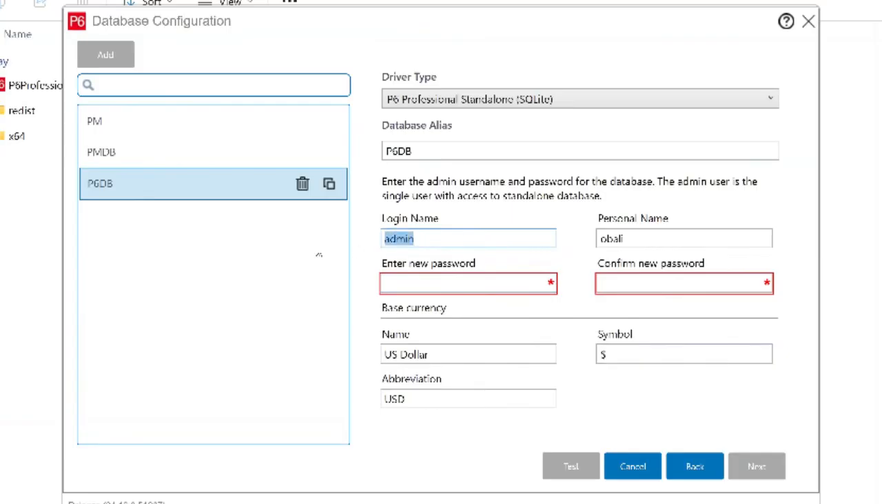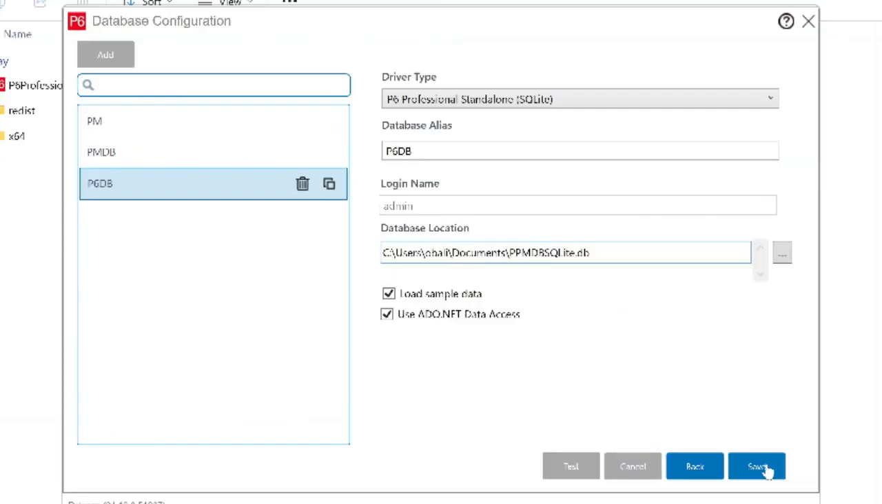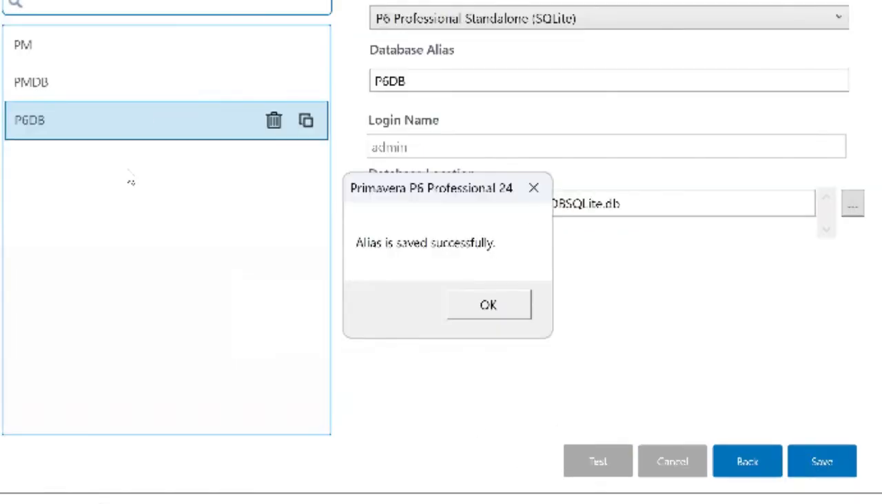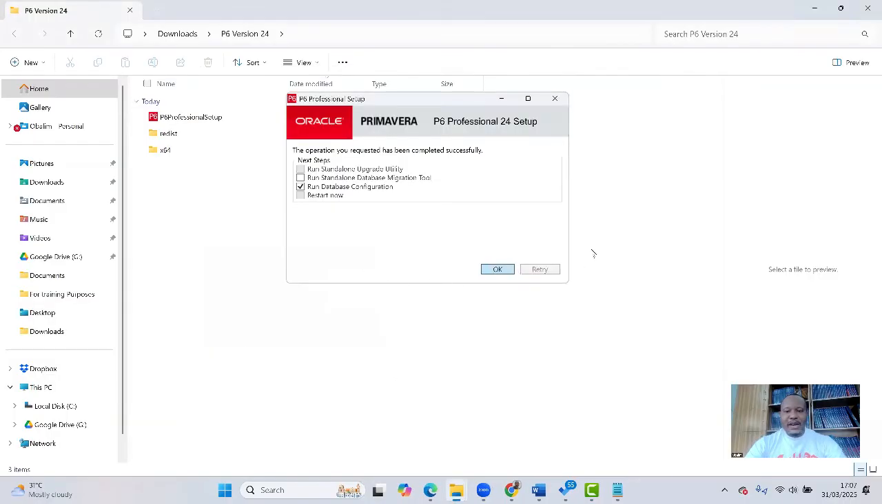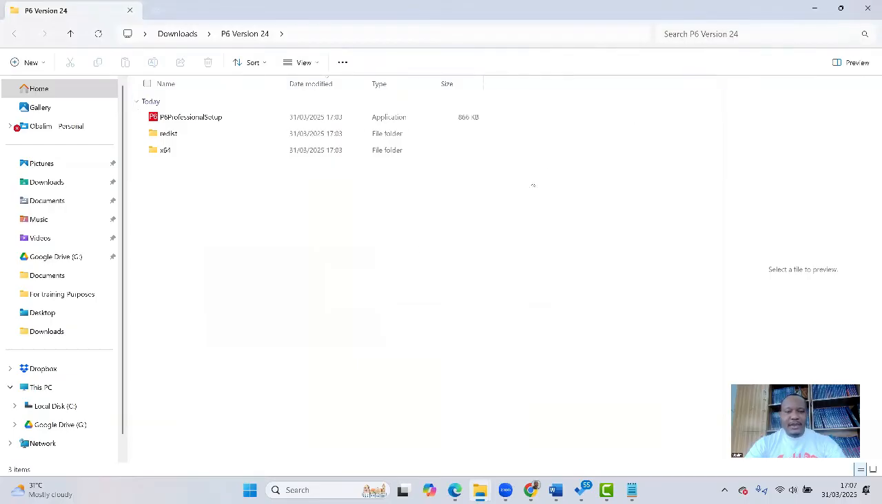Under the password, copy the login name and paste it under password as well as confirm password. Then click the next button and click save. Once you've done that, you're going to see this message that says alias is saved successfully. Then simply click on OK. When we are done with the installation, you can simply close all these other windows because we don't need them again. Then go to your Start menu